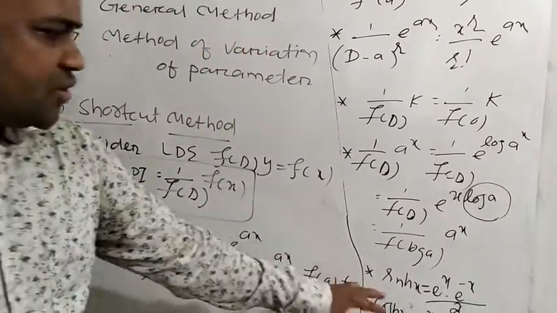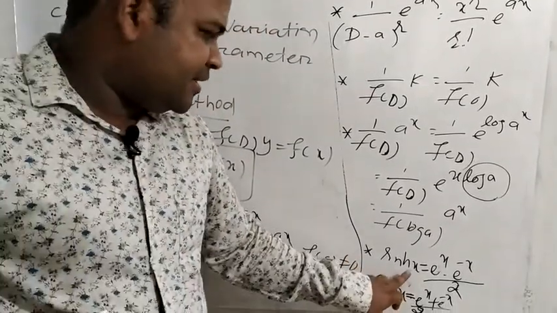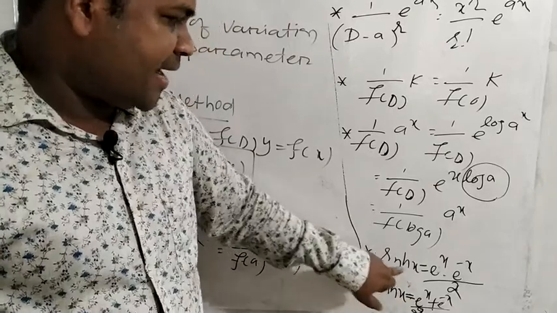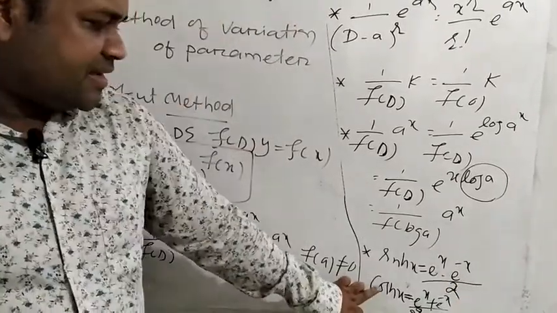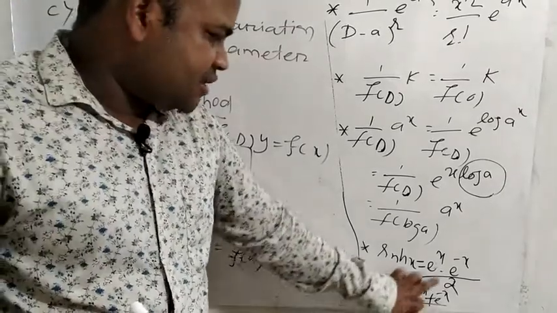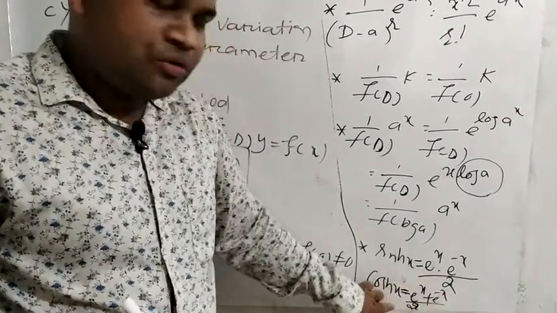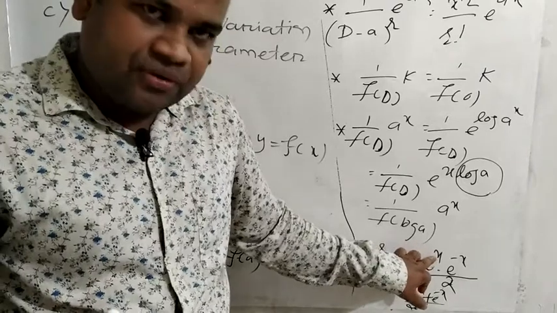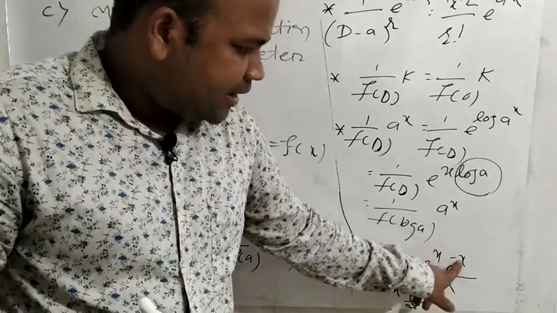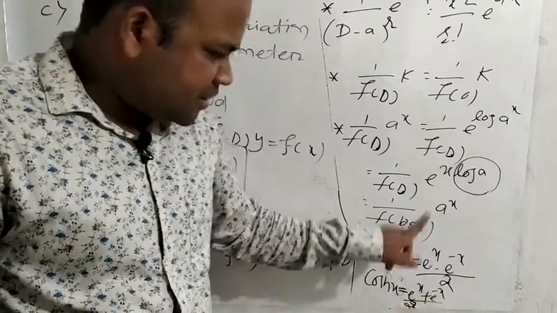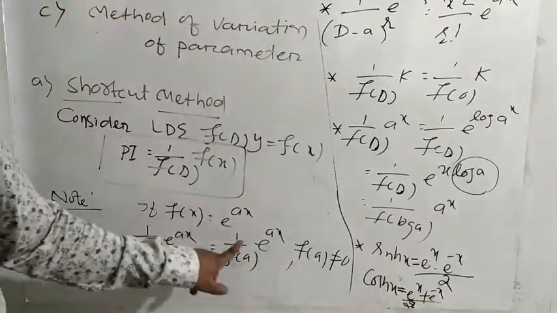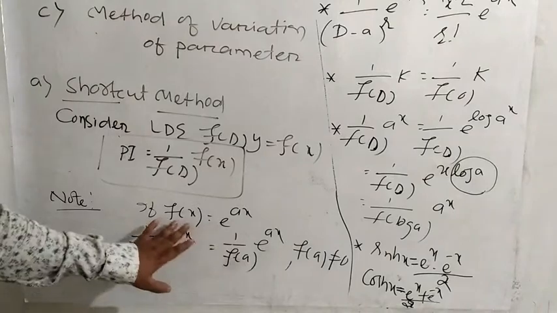Next, in some f of x, if it is given in the form of a hyperbolic function, you will put sinh x equal to (e raised to x minus e raised to minus x) upon 2, or in case of cosh x, (e raised to x plus e raised to minus x) upon 2, because it is converted in the form of type first, a equal to 1, a equal to minus 1. By converting the hyperbolic function in the form of exponential function, we can use the type first.